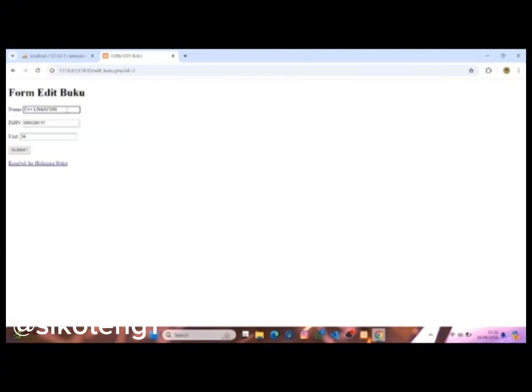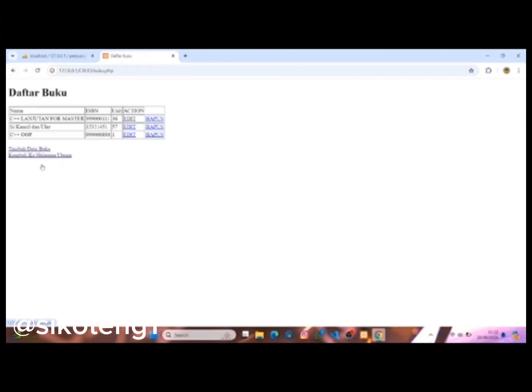Now we want to edit the C++ lanjutan. Okay, maybe we add C++ lanjutan for master, and the unit we want to add 2 units, maybe 36. We submit. Okay, back to halaman buku.